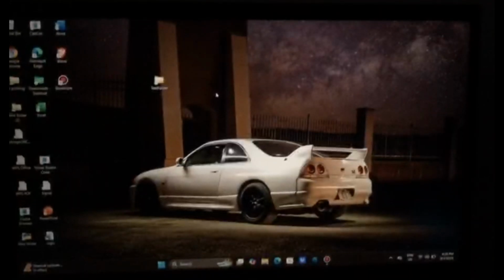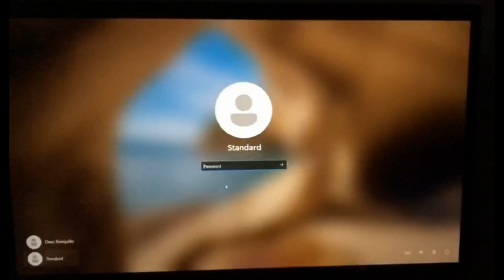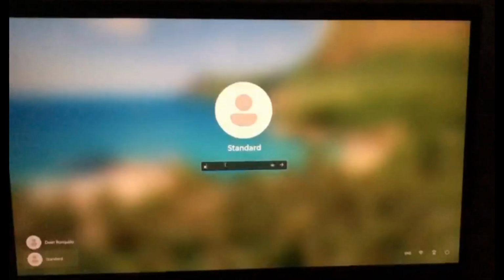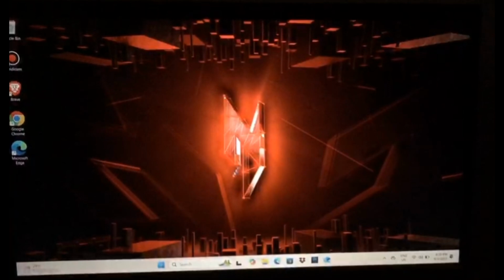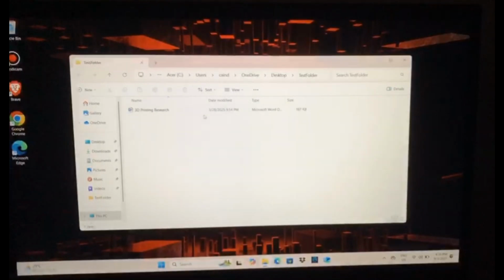Now we're gonna go back to the standard user account. Then go to the folder, test folder. Then we're gonna try to open the file.